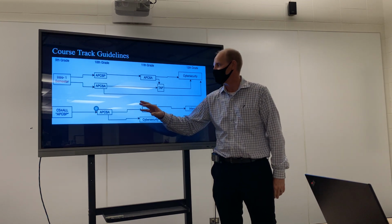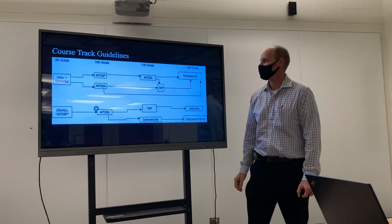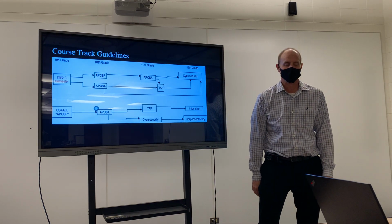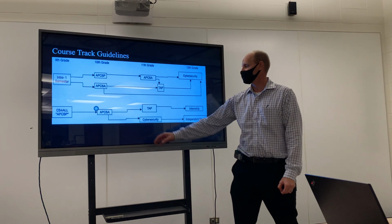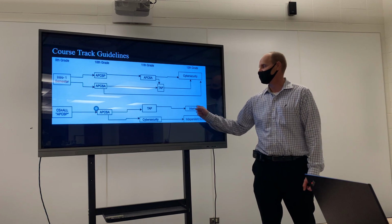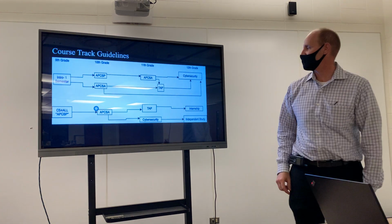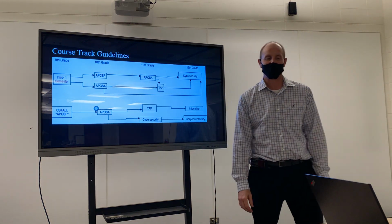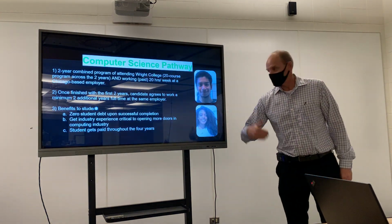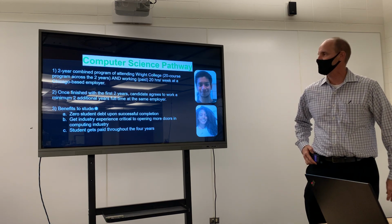You can sort of see the pathway: our students will normally take an intro to computer programming. Those students will also be in a second computer science class their freshman year. And then they'll go on to an AP computer science. We have Project Lead the Way cybersecurity. And then our goal is to get them internships by their senior year, and once again, able to earn their pathway. And these are dual credits. We're fortunate to have a computer science teacher with a master's in computer science. If students complete that, we did have a couple students complete it, they are able to then go into